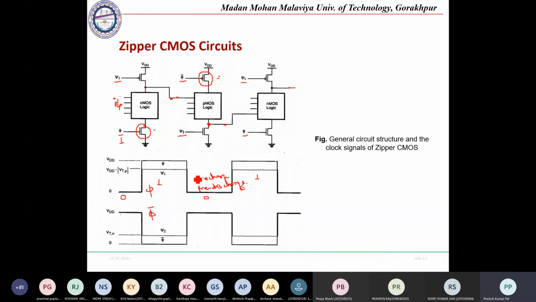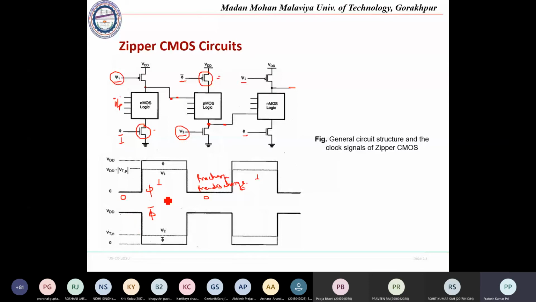So the leakage problem that we will be considering will be in the form of pre-charge only. In the pre-charge, leakage will be there. Once we use the pre-charge clocks, phi 1 and phi 2, they will be connected such that if it is pre-charge, then phi 1 should be equal to 0. At that time, this will make the pre-charge. And the second one, phi 2, will be at the VDD value. So this will make the pre-charge.